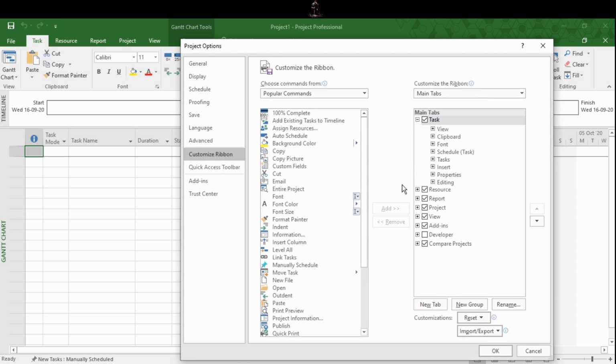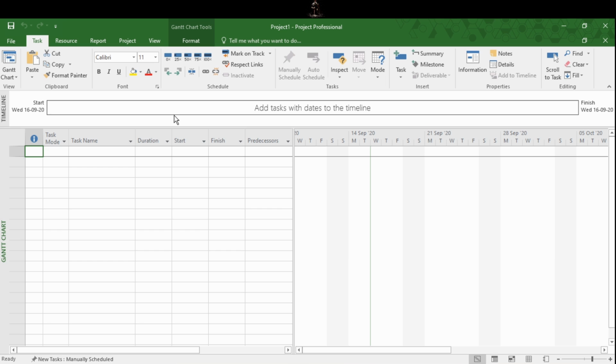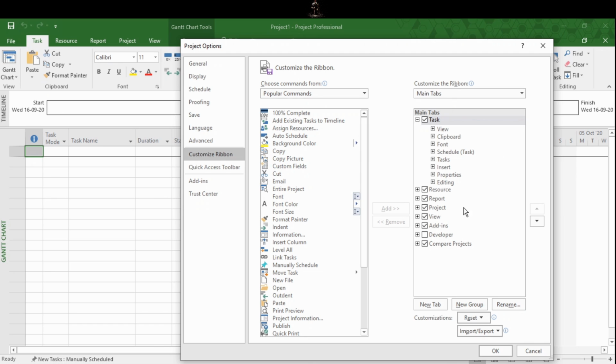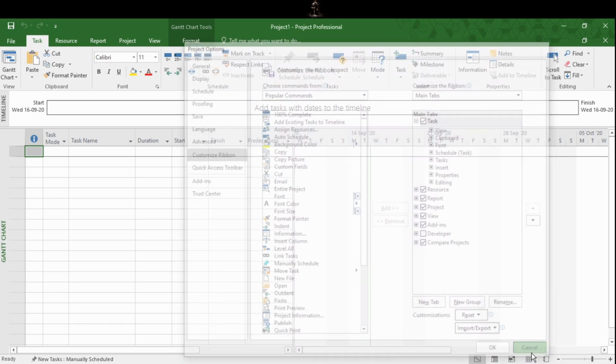You can add or remove any commands you want by simply taking them to the right side. You can also arrange them according to priorities using these up and down arrows. Commands are grouped in sections. For example, in the Task tab, the entire ribbon has different sections. Schedule-related commands are grouped together, and likewise you can group commands as per your needs in the same customized ribbon. Here you can create a new group and make your own group.